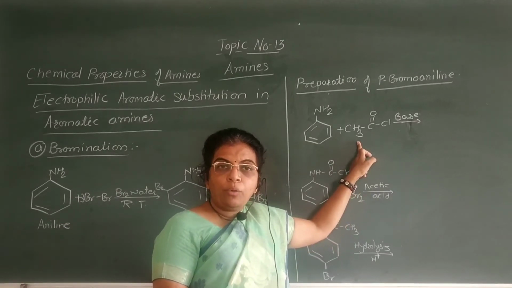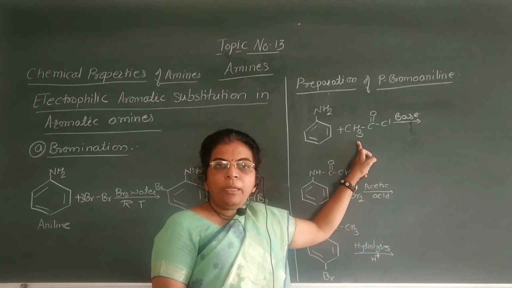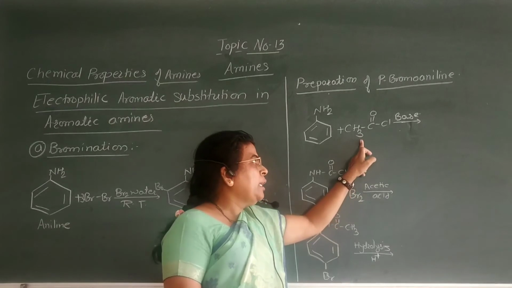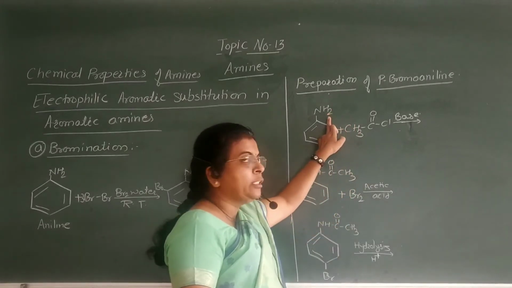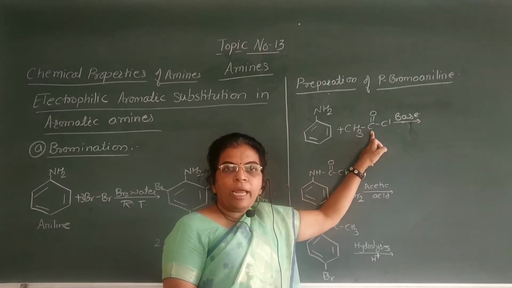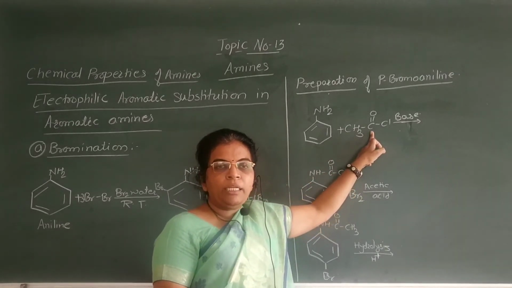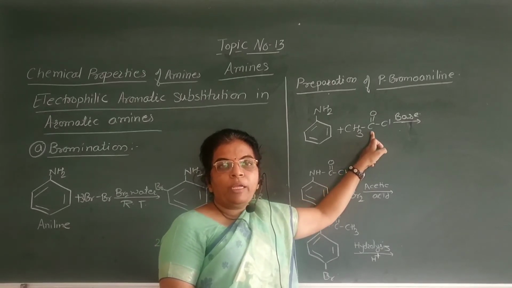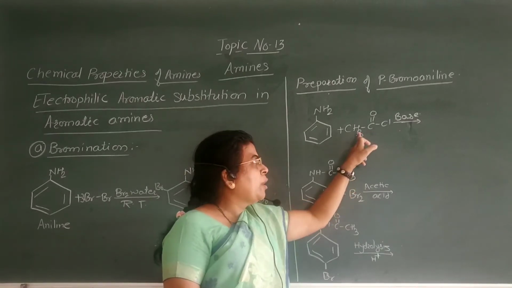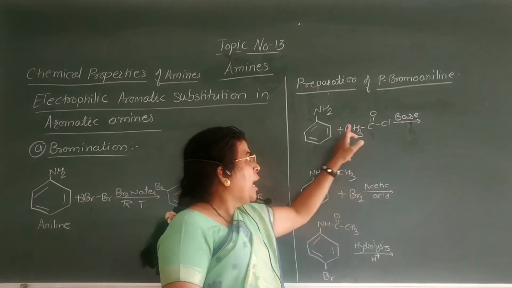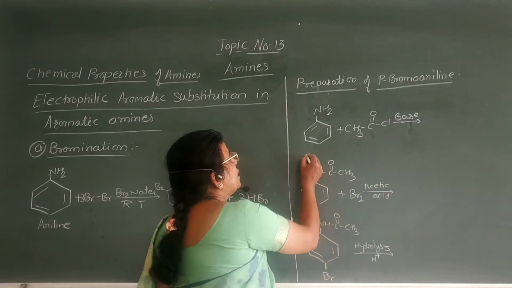But if we want only parabromoaniline, we first have to protect the NH2 group by acylation. Acetylation of an amine is carried out using acetic anhydride or an acid chloride. Here the acid chloride CH3COCl is used, and the aniline is treated with this acetyl chloride,